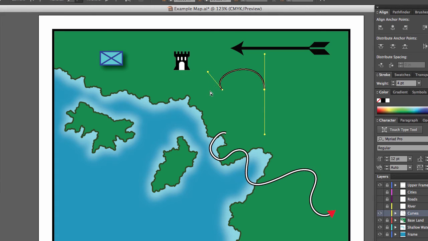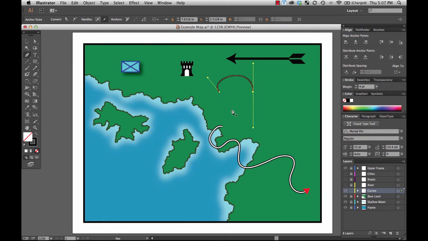The secret with the pen tool and creating these curves is to go slow and use a lot of control. People don't understand the pen tool when they're holding down and dragging, and then you're like, what in the world is this? What am I doing? I don't know how to draw a curve with that. Well, you can't use that tool like that and get a smooth, nice curve. You want to go slow, go section by section,